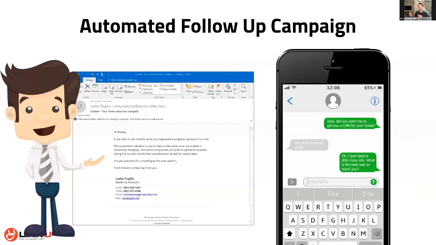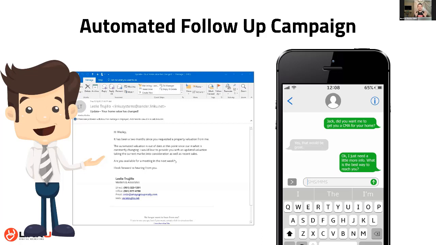So an automated follow-up campaign, what does that mean? Well, what it means is what it says, right? An email or text or voicemail, all these things could be sent automatically or triggered automatically on a schedule to your database or to certain contacts. You wouldn't just blast it to everyone. There are different campaigns for different segments. That's why having your CRM and segmenting your contacts is so important. Most of the time when we work with people, and we've dealt with thousands of clients at this point, their lists are all just jumbled together and not really segmented. So when you do that, it does get a little difficult.